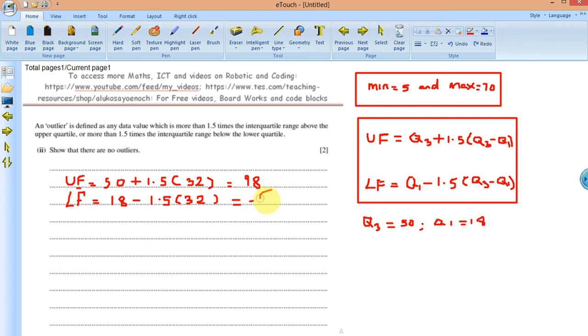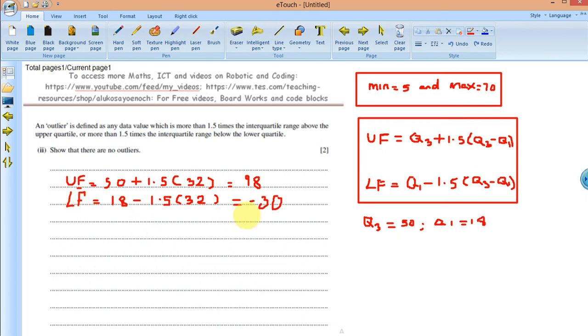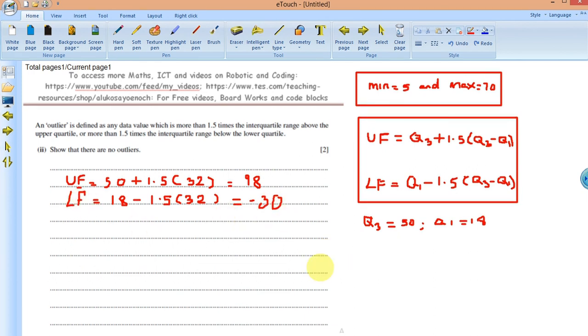So for this we use fences to determine if they are outliers. So if you have a value like 98 as part of the data set we have above, or minus 30, these are outliers. So we use the upper fence and lower fence to calculate outliers. Now I can conclude that the maximum, which is 70, is less than 98. That is less than the upper fence,